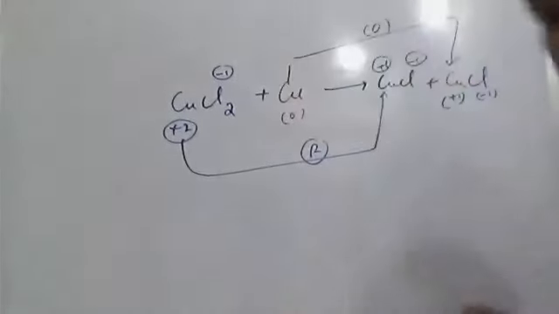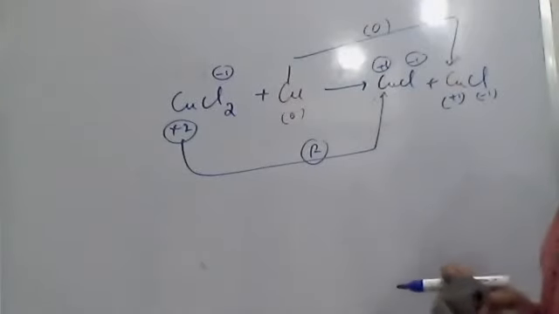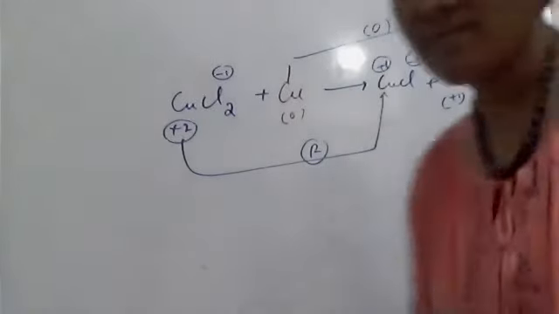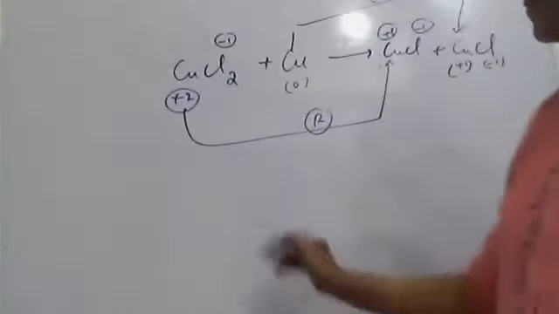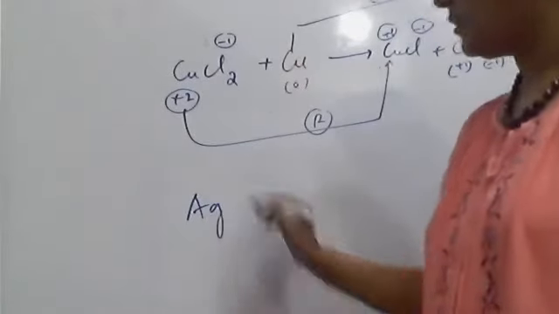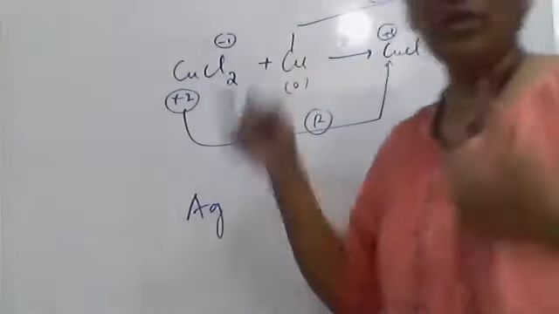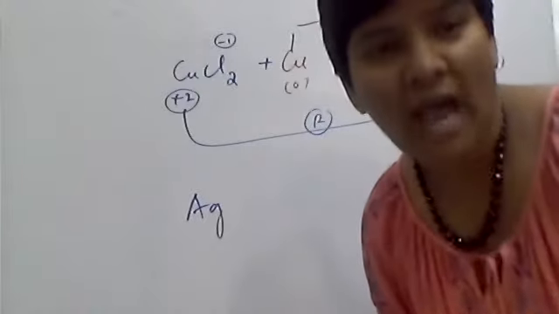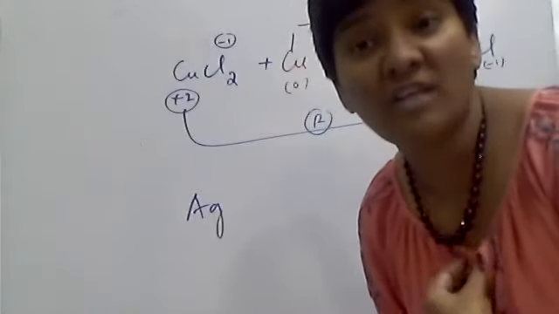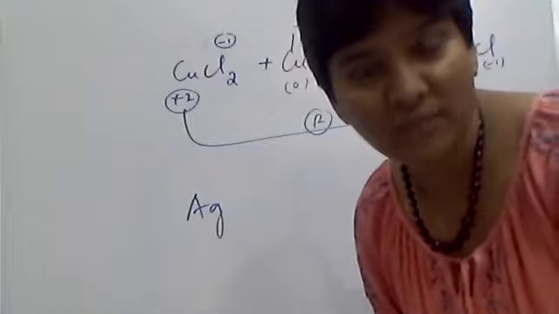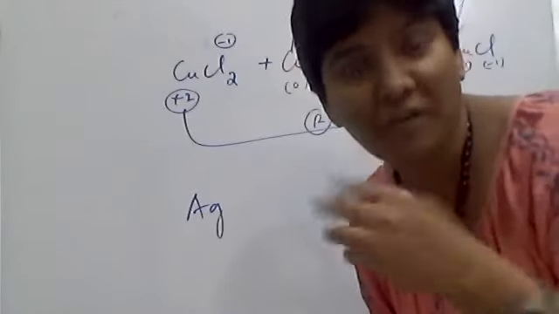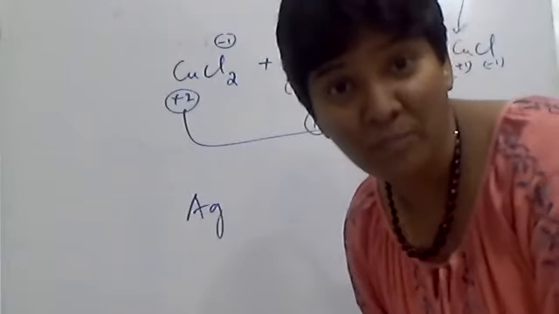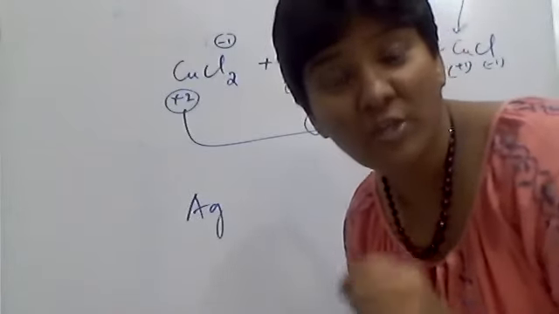Okay. Then one more example I'll explain to you. See here, silver. Like copper. Below copper, what do you have? Silver. As I told you many times, copper, silver, gold are coinage metals, because they used to make coins, and gold especially for ladies' ornaments. So the 1B group is copper, silver, gold.